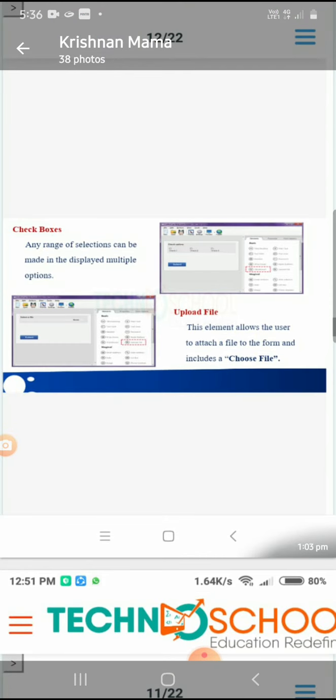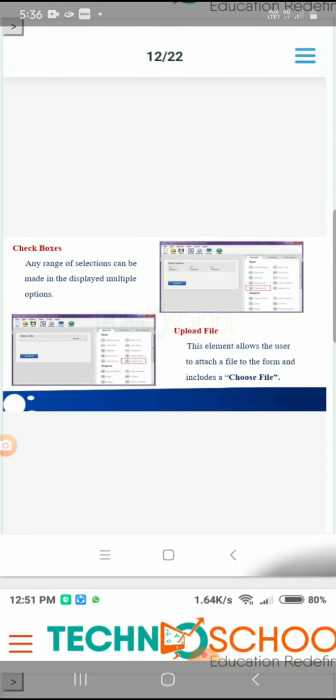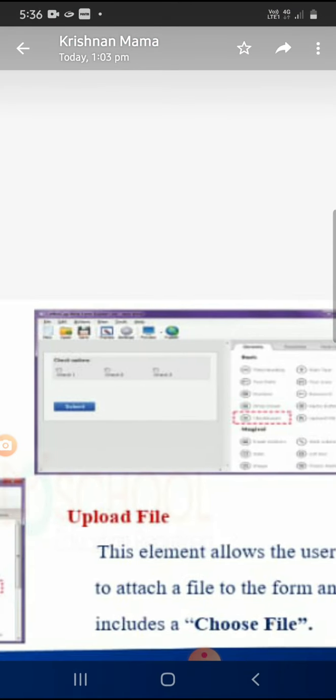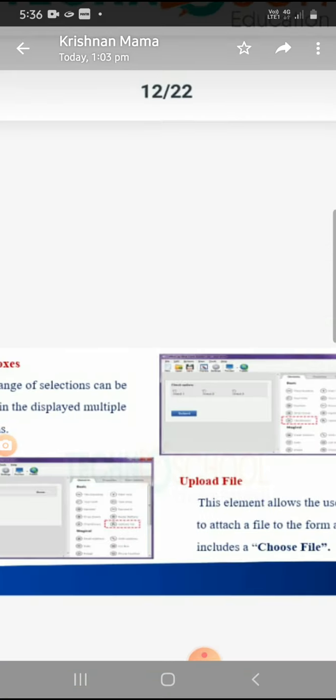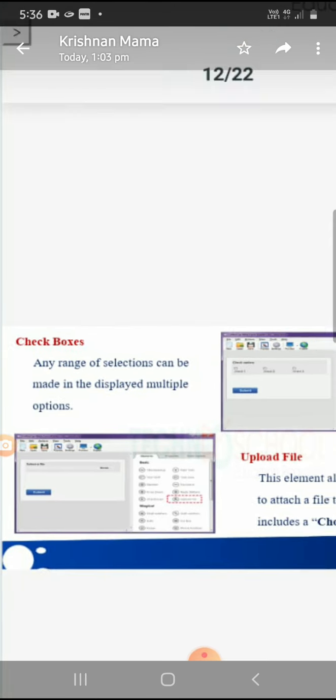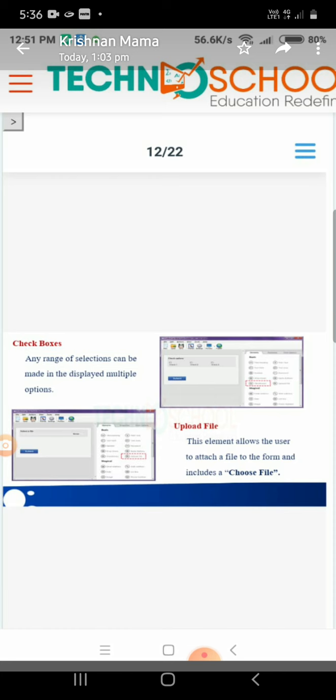The next one is a checkbox. Any range of selection can be made in the displayed multiple options. So when there are many options, okay, here they are given you many options now. In that we can select any number of the options using this checkbox. It is not visible, please see in your book. So this is your checkboxes. Here we can select multiple options. Any range of selection can be made in the displayed multiple options. So we can select any number. Okay,